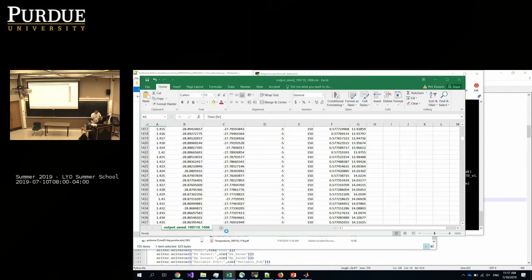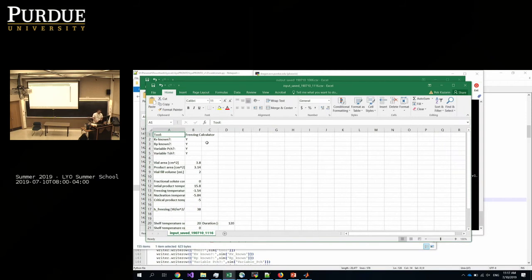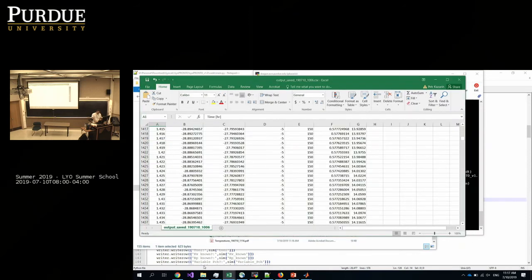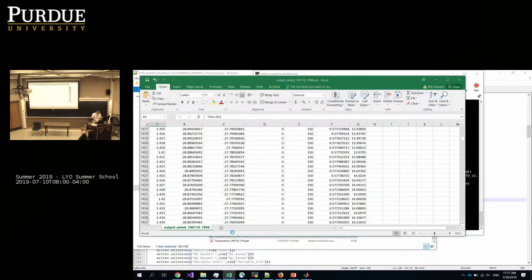So in the input file we have some parameters which we put in. Basically this can help when you do many simulations, and then sometimes you need to look through what you're doing and which parameters you are setting up. So it's very handy here. Basically all the inputs you use are there. Then the output parameters, so you can post-process them, use them as you want.